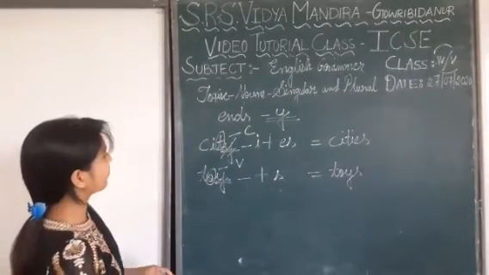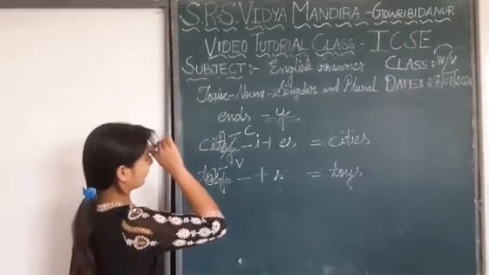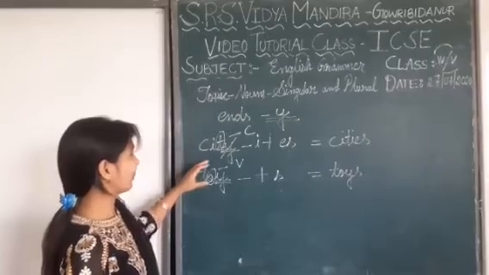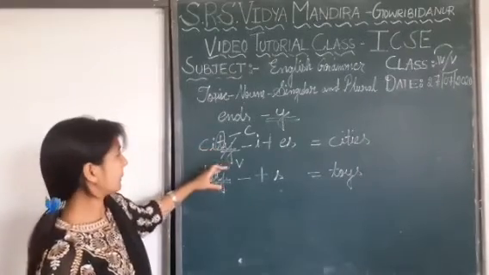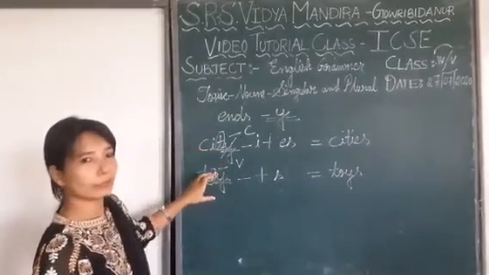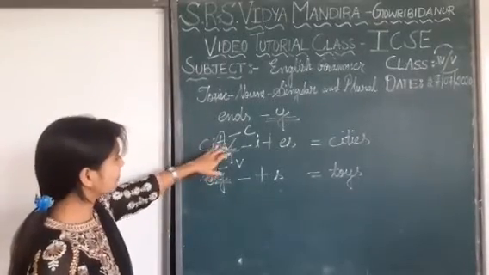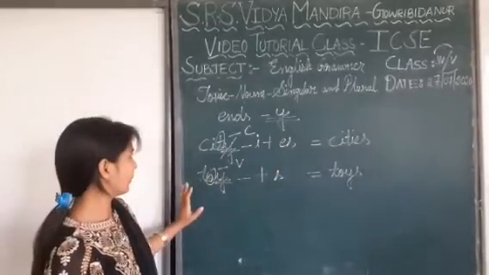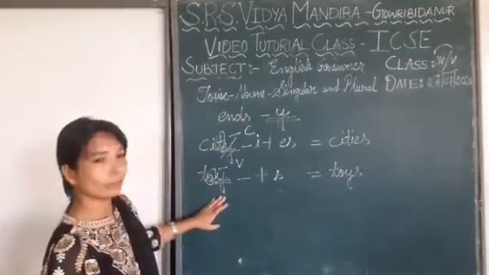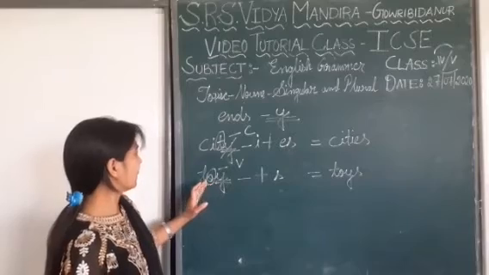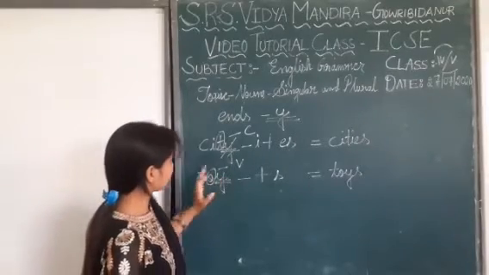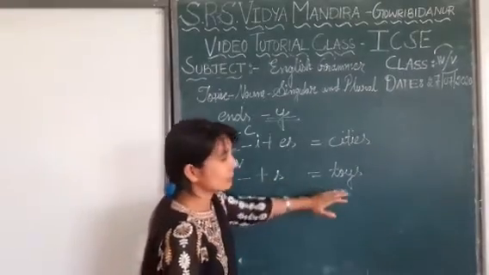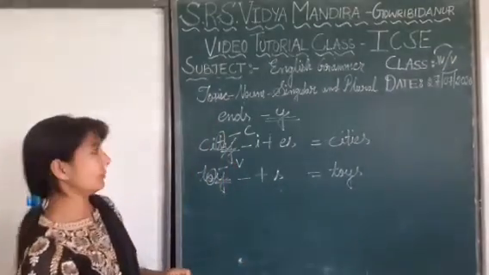First, what you have to check is what the letter is before the Y. This is very main and important. Before the Y, what is the letter? Whether it is a consonant or a vowel. If there is a consonant, you have to change the Y into I and add ES to change into the plural form of the noun. And when the word ends with Y and before the Y there is a vowel, then no need to change anything. Instead, add S and it will become the plural form of the noun.